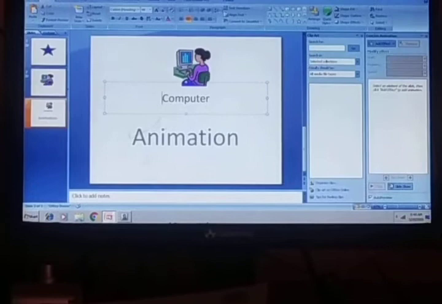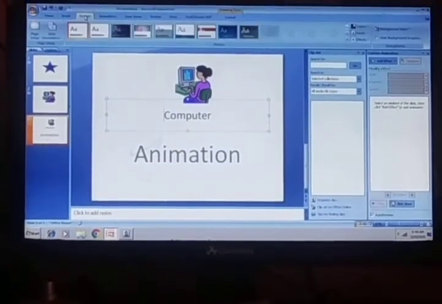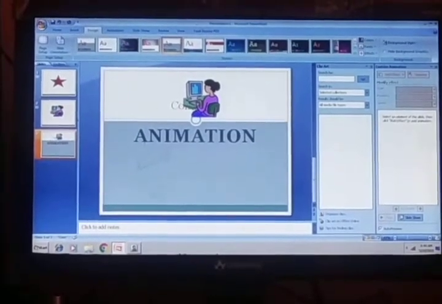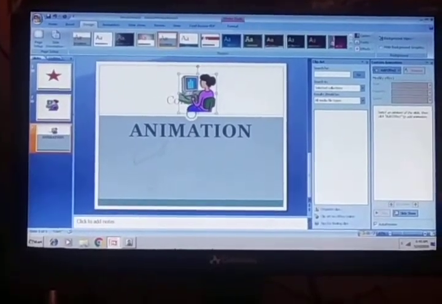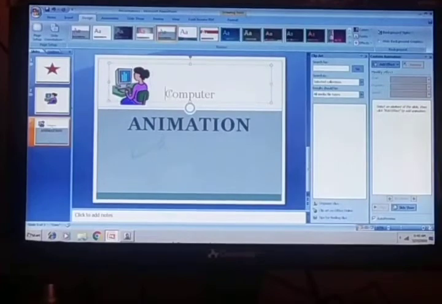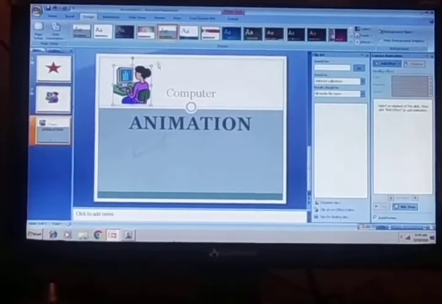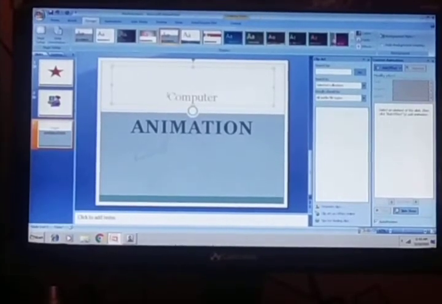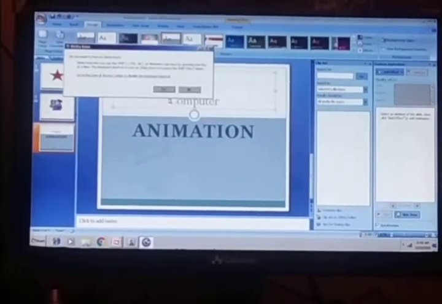We can also give design templates. Click on the design tab, then choose.